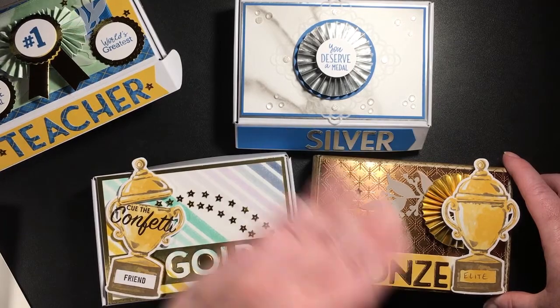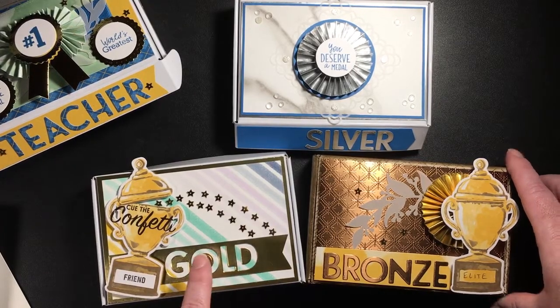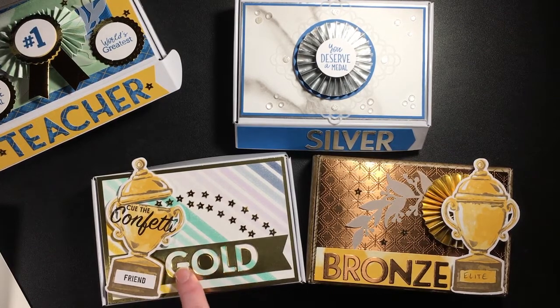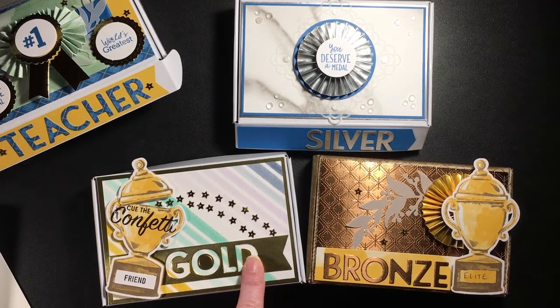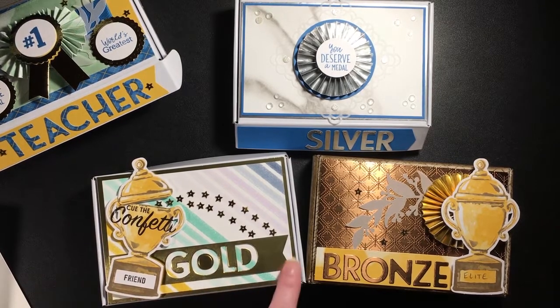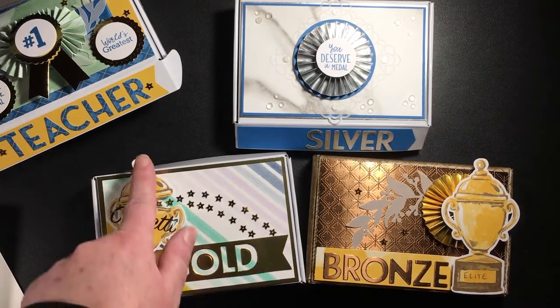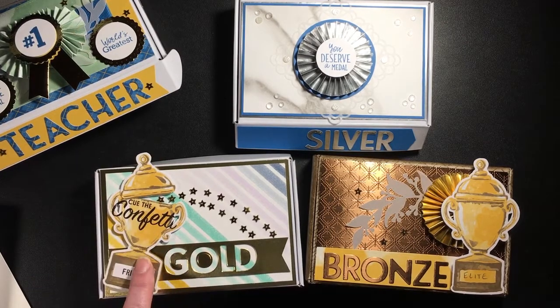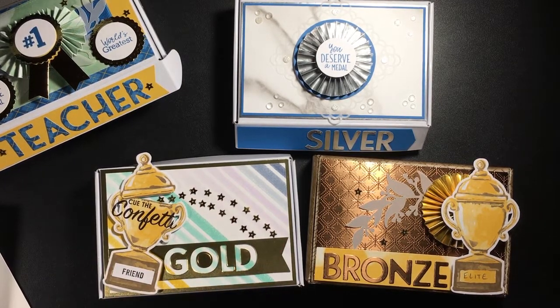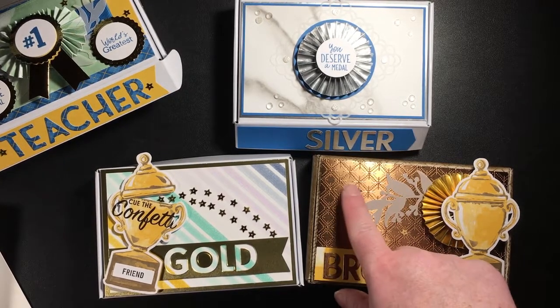I'm going to be talking about the Playing with Patterns suite a little bit more in a minute. But this striped paper and these letters are also part of that suite, in addition to the mini Paper Pumpkin boxes. I added in the gold foil, and of course this trophy is from the kit. The little label here is from the Paper Pumpkin kit, as well as these little gold stars. I used the banners punch here. For bronze, this